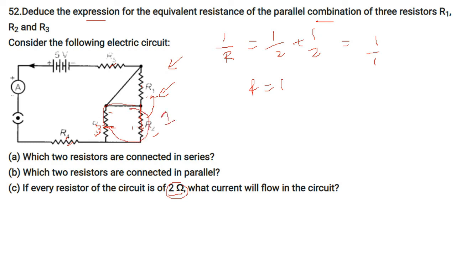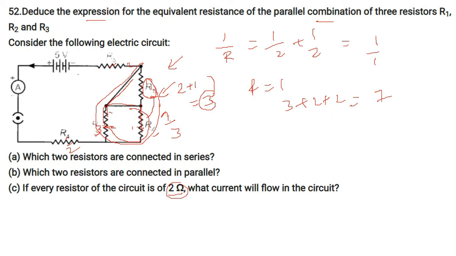Right? Now this combination is actually combined with R1. So now R1 has to be combined with this. So 1 and this one is going to be 3. Now this total is coming to be 3. This is 2, this is 2. Now all these 3 are in series. So 3 plus 2 plus 2 comes to be 7.